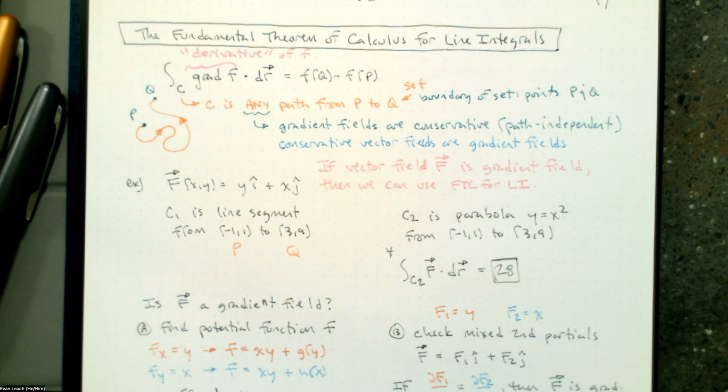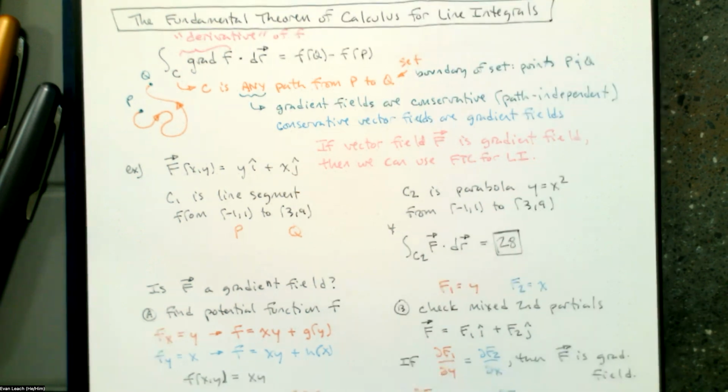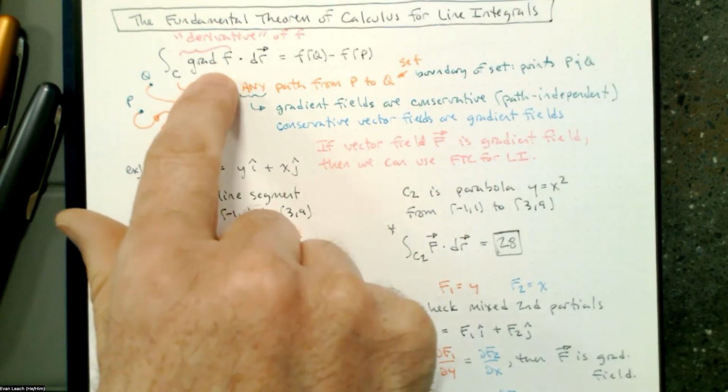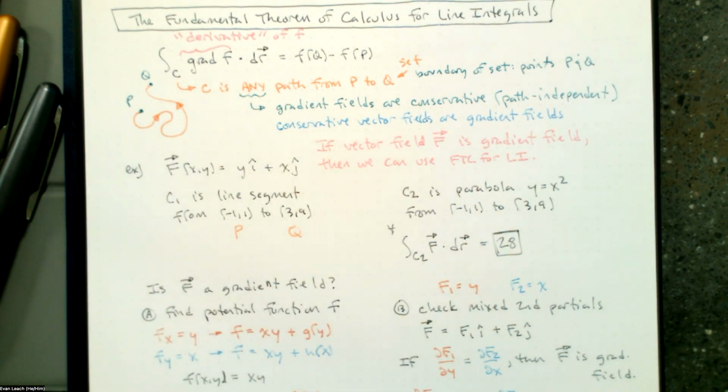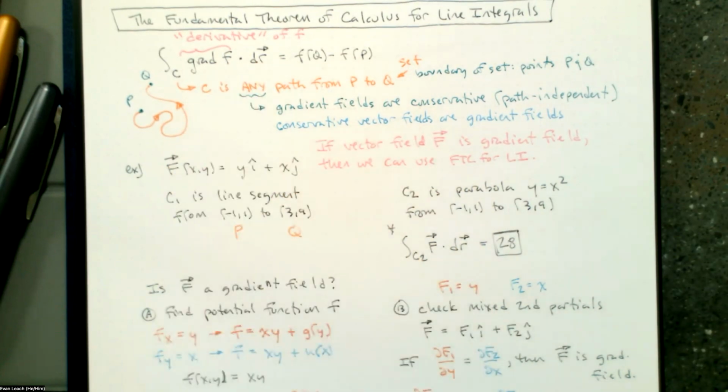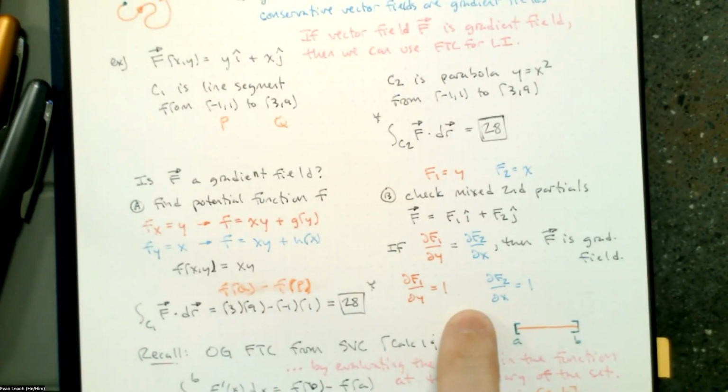Look at what we're looking at here today. We're looking at a vector field, which is a gradient field, which is acting as that first derivative. Function, first derivative, second derivatives. Now, if we look at these two, we've got the partial of f1 with respect to y and the partial of f2 with respect to x. We combine those two